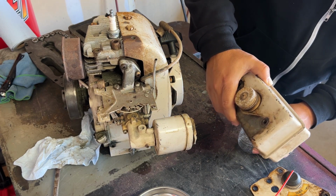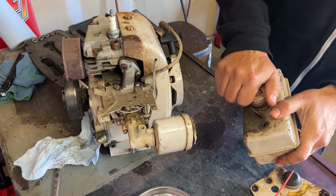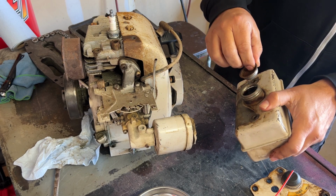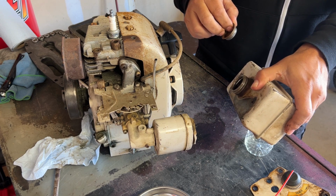Got it, sort of. Bet I can. I'll just let it drip out there. If I take the top off, it'll come out a little more. All right. There it goes. I'm gonna get that all drained out, and then